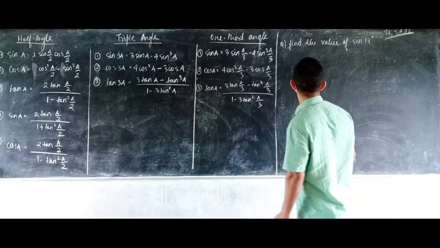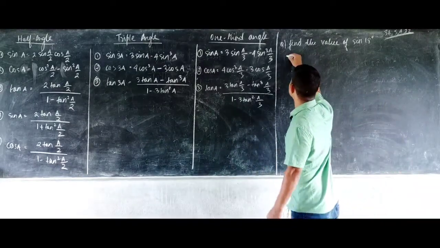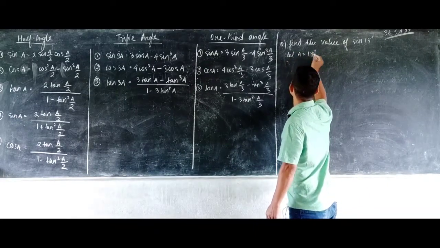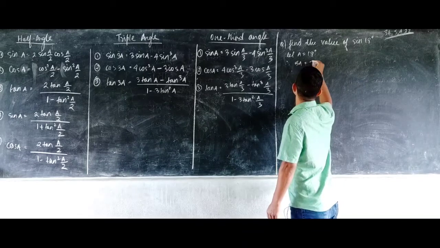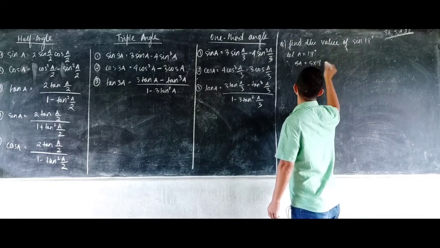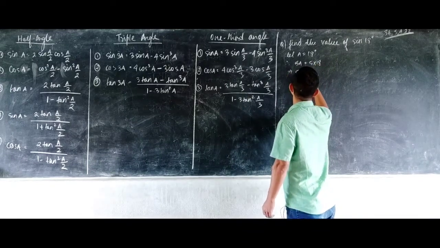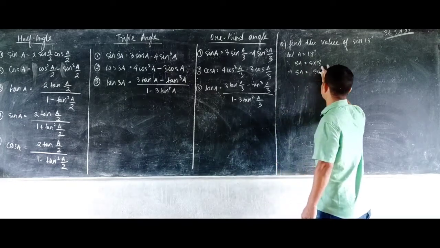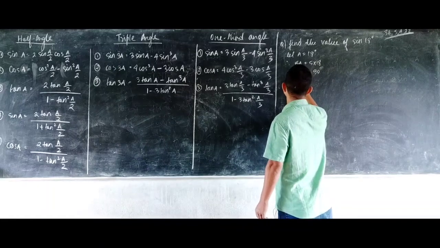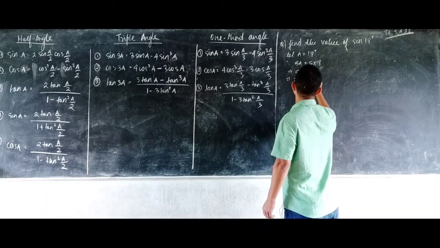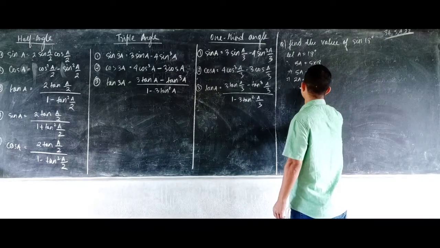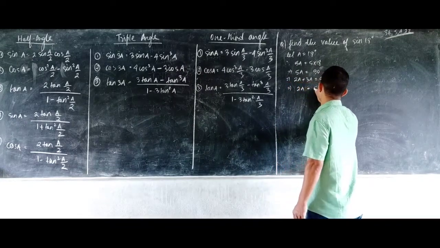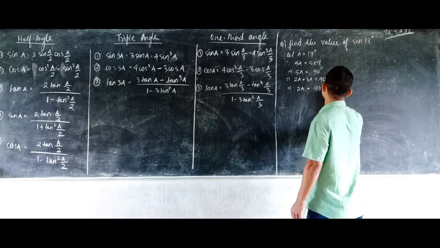So in order to obtain the value of sin 18 degrees, we begin by letting A equal 18 degrees. Therefore, if you multiply both sides by 5, I get 5A equals 5 into 18, which equals 90. So 5A equals 90 degrees. Now 5A I can write as 2A + 3A = 90, so 2A will be equal to how much?